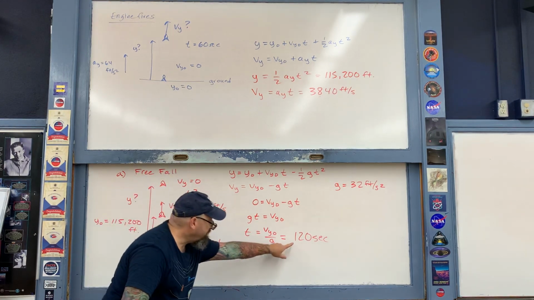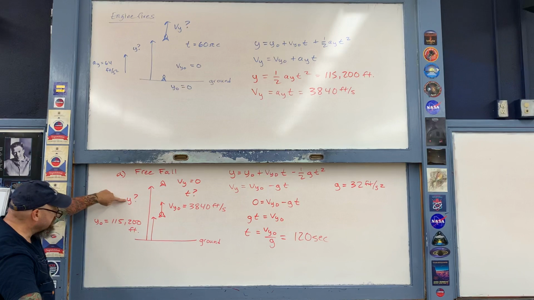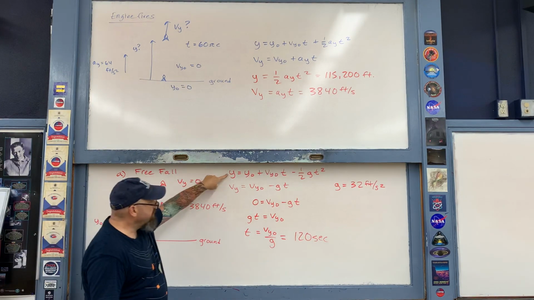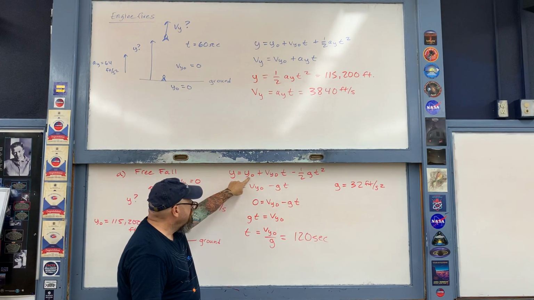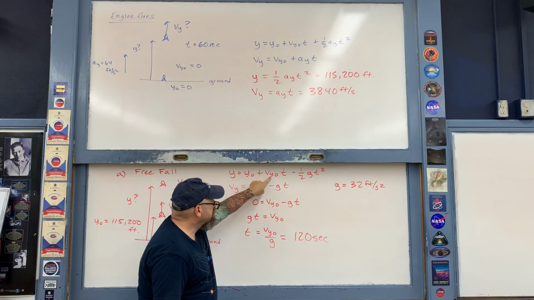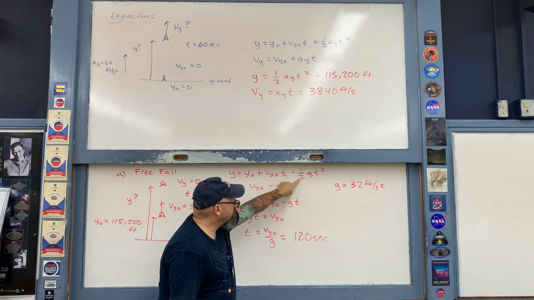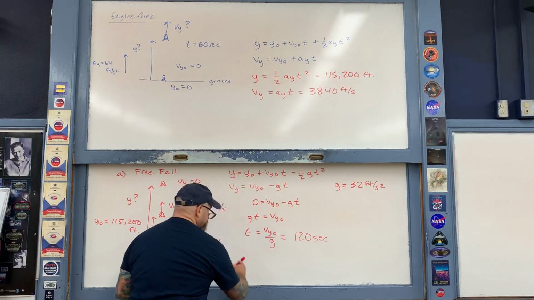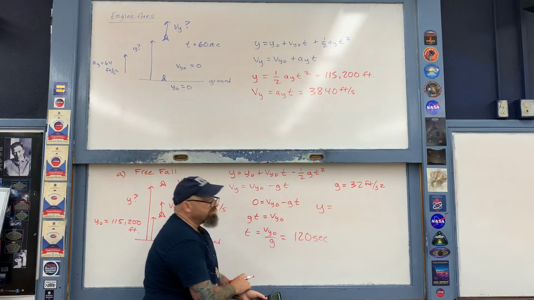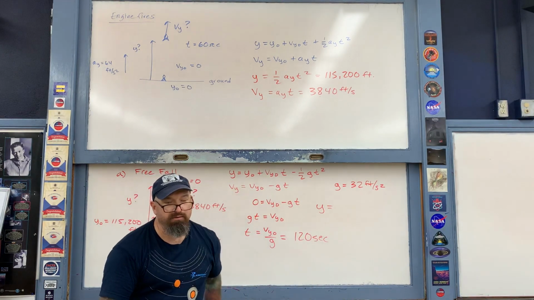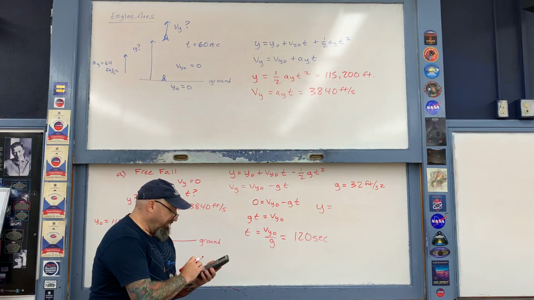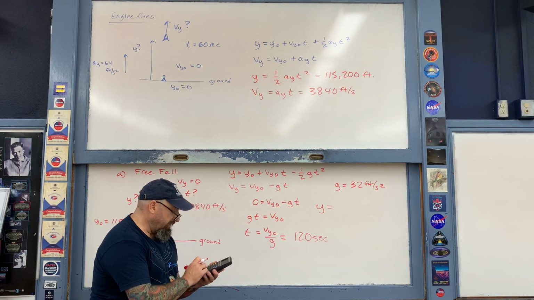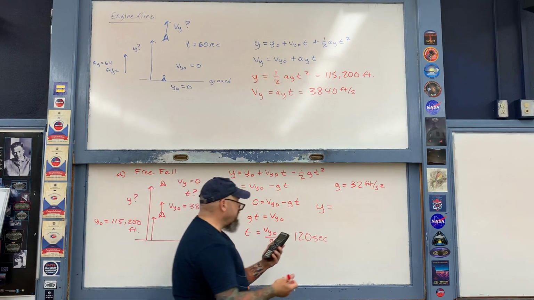Now using this value here for the time, let's go ahead and calculate the final height y. In order to do so, we just plug into the position equation the following. 115,200 feet plus 3840 times 120 minus 1/2 times 32 times 120 squared. Just plug everything in. So this will be the answer to part A of the problem, the maximum height reached by the rocket. So let's see, 115,200 for y0 plus 3840 times 120 minus then 1/2 times 32 times 120 squared. And the maximum height reached by the rocket is